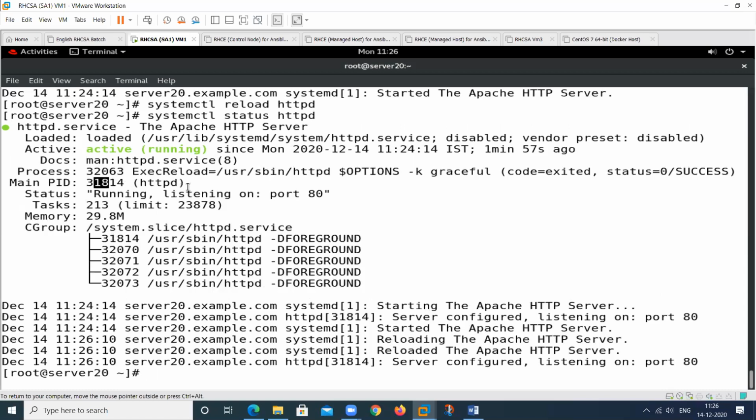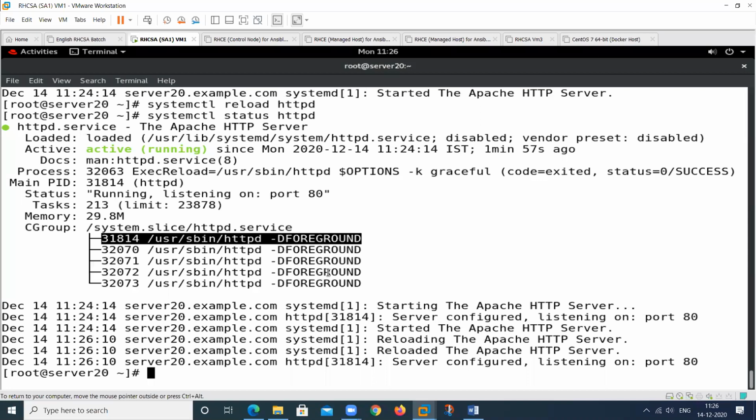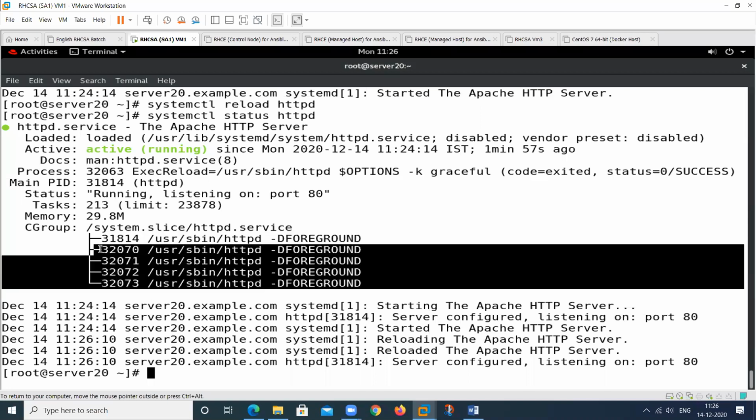This is the main process ID, but some of these process IDs will be changed. This is the main process ID, so your main process ID is the same, but check, the other process IDs will change, which work in the foreground. So it will replicate the changes in your network. So all the changes will be applied.